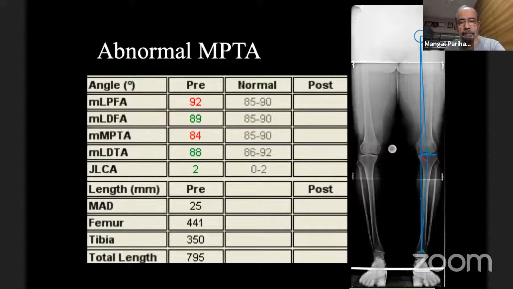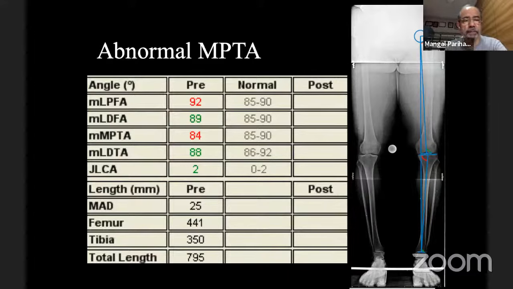Now look at this one. They all are varus, but this is a patient who has a normal LDFA, an abnormal MPTA, and a normal JLCA. This is a patient who will do well with just a tibial osteotomy, whether open wedge or closed wedge. There is one more thing which I have not included, but I think Milind will cover, as it's a little bit advanced: the relationship between the two condyles. Milind will speak about that when he speaks of a TC view, and we need to keep that in mind. So this patient would benefit from a simple high tibial osteotomy, whether open wedge, closed wedge,